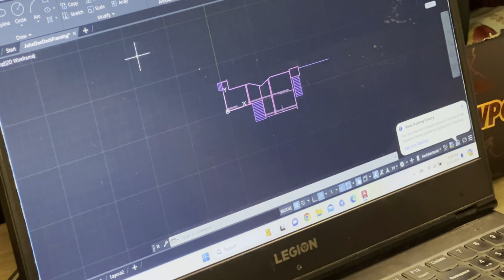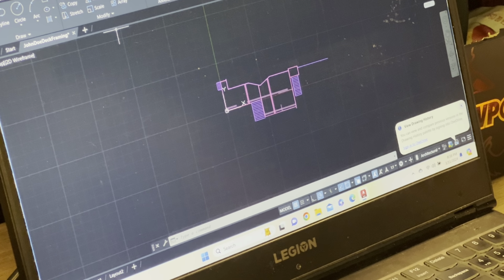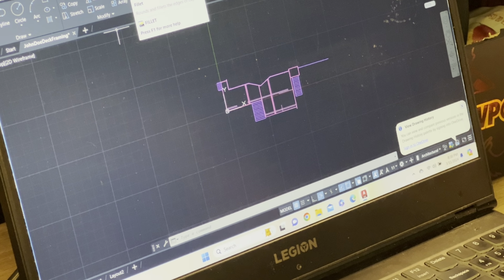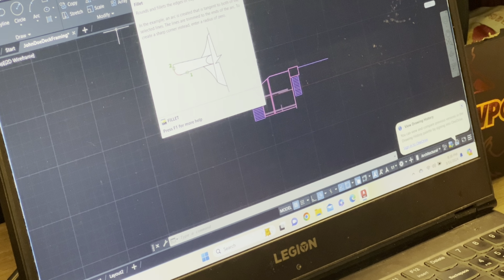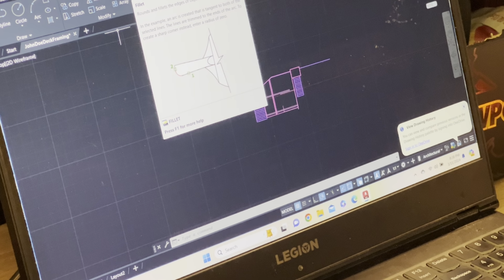Some of these other tools, I really only used them when I was designing machine parts, like the fillet and the chamfer. That stuff is not really for two-dimensional drawings as far as houses go. There's not a lot of houses with curved edges. A lot of our stuff terminates on a straight corner or some kind of angle,